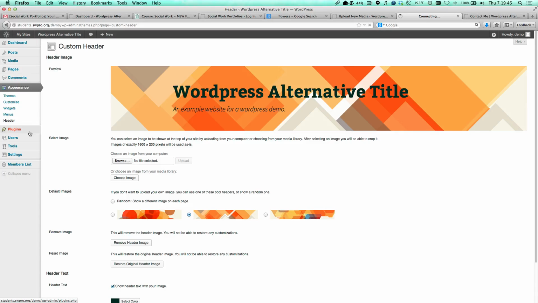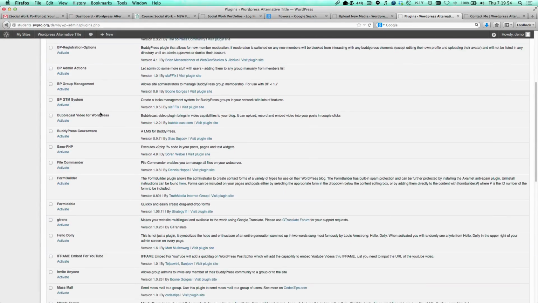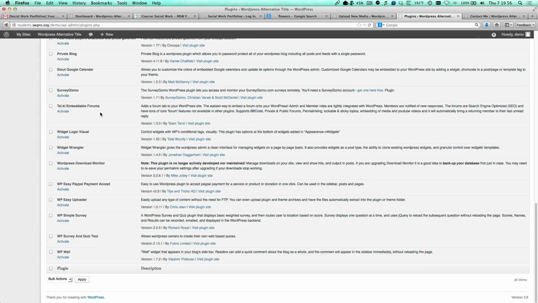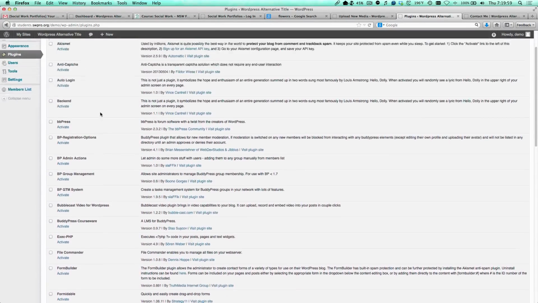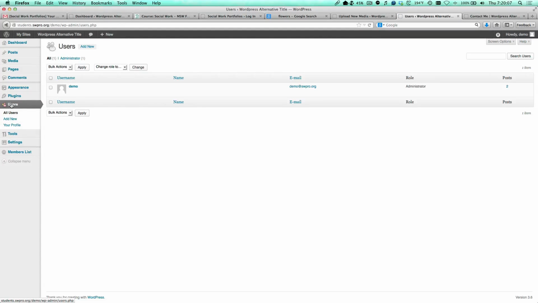Plugins are not really modifiable if you have a network installation. However, if you do want to install more plugins, you can install them on your own installation. These are all the plugins that are available but not activated on this WordPress network, quite a few. If you want to read through what they do or maybe research them, whatever your network has enabled is what you can use. Users, if you want to add users to your site,